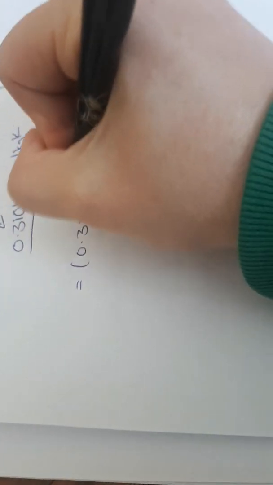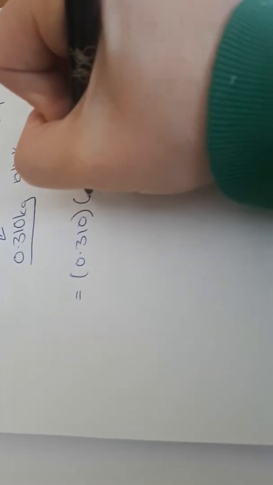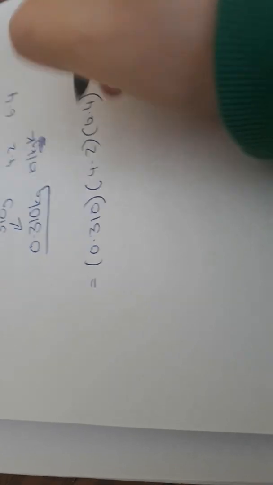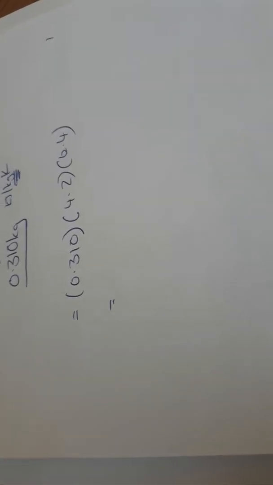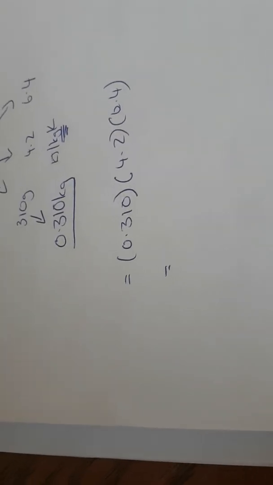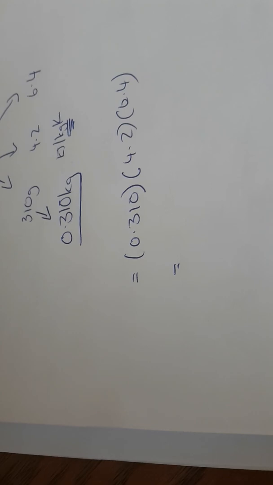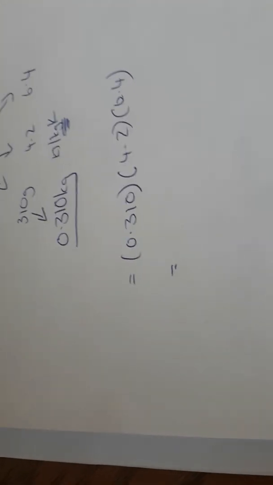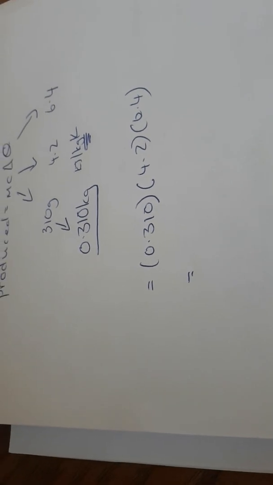So 0.310 multiplied by 4.2 multiplied by 6.4 gives me an answer of 8.3328